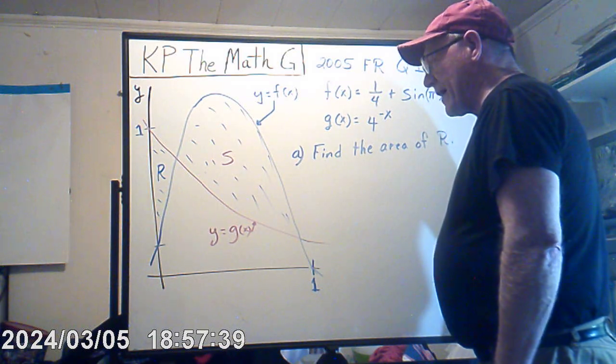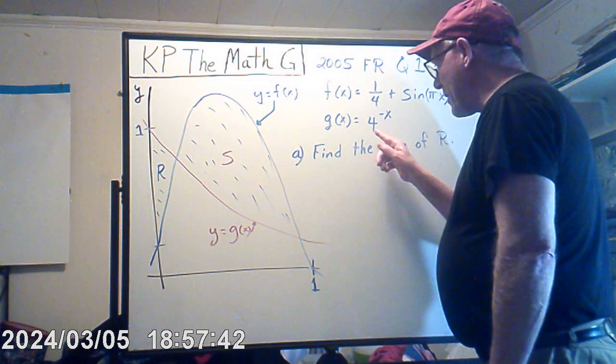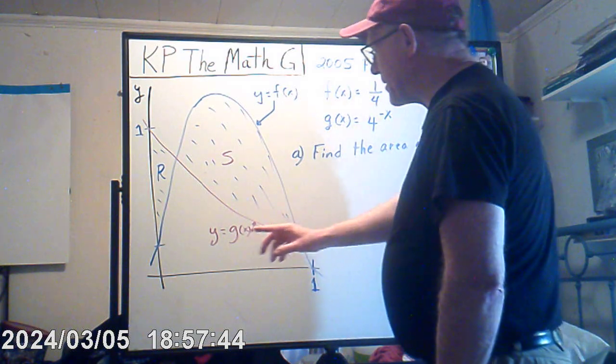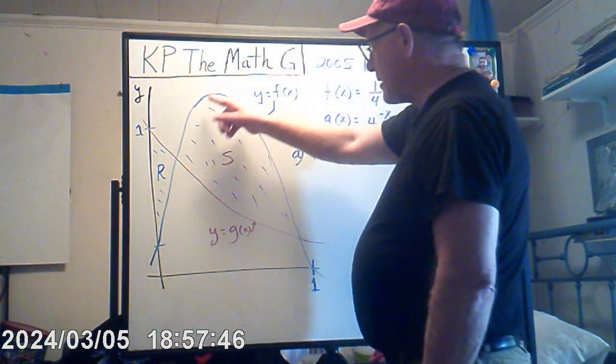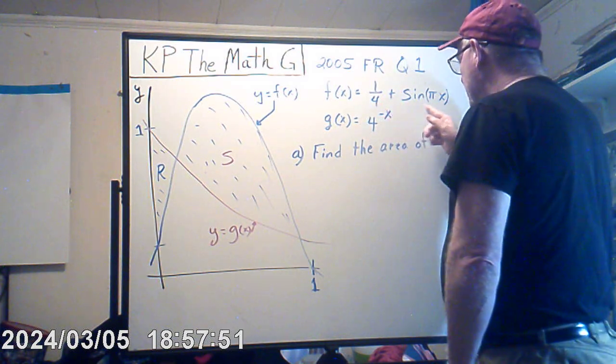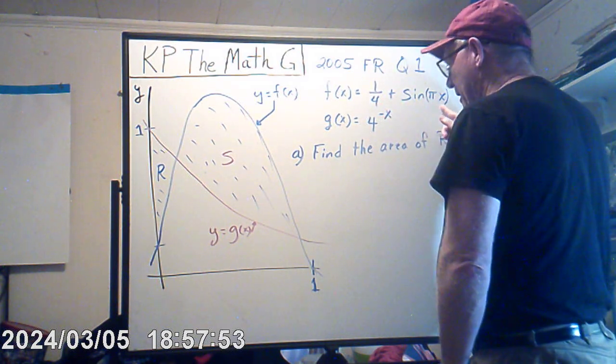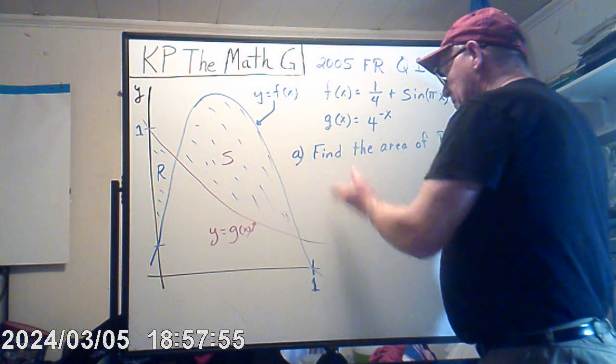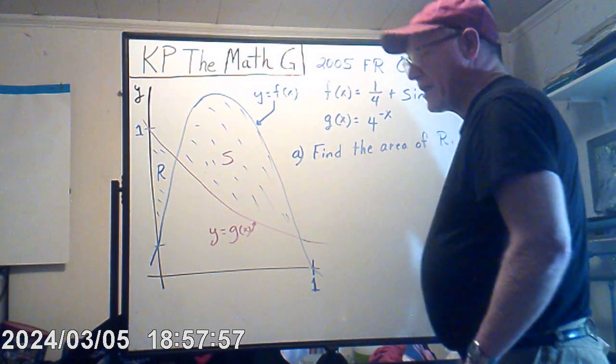And then of course f is this function up here, 1/4 plus sine pi x. So the first question is find the